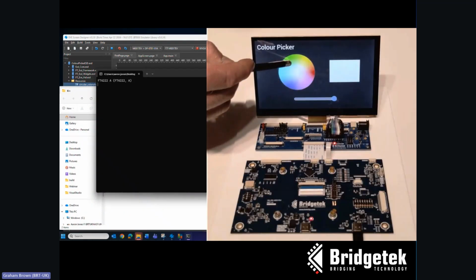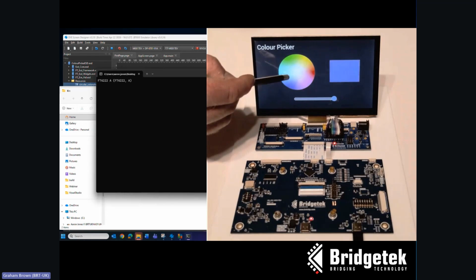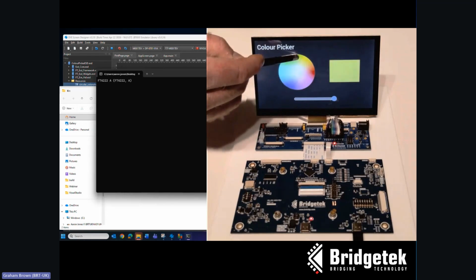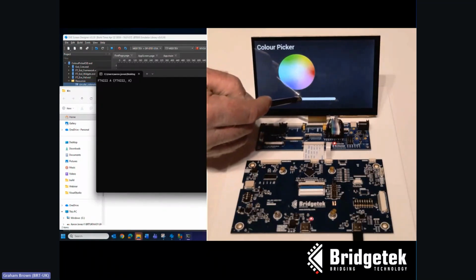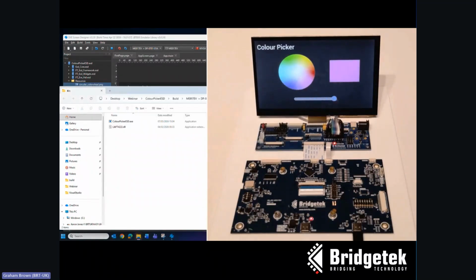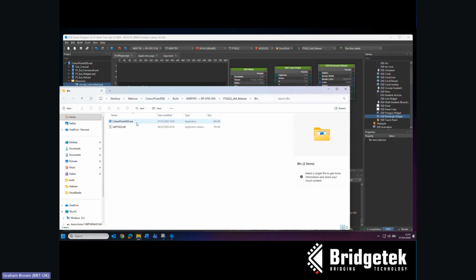And you can see this running on the hardware here, where the code is running on our host PC over the USB to SPI interface and driving the EVE screen. You can see the exe generated here. So if we're happy with our testing on our real screen,